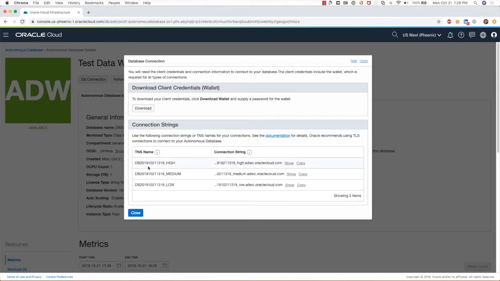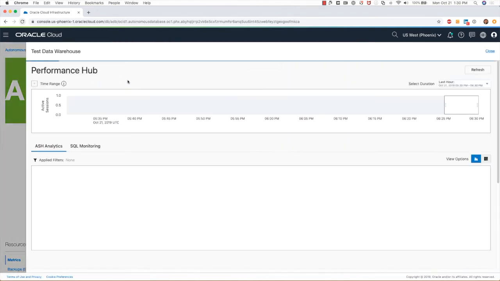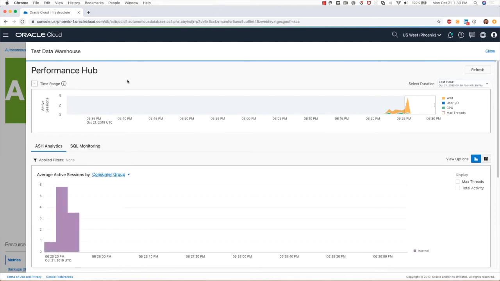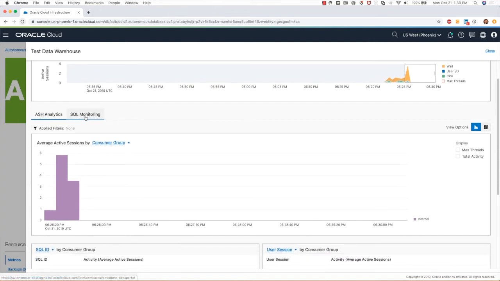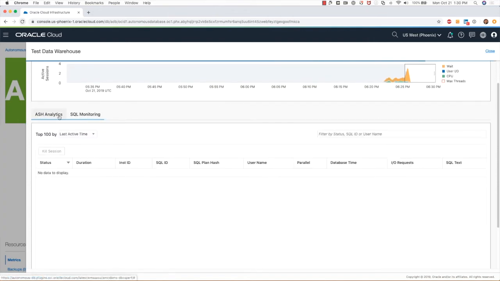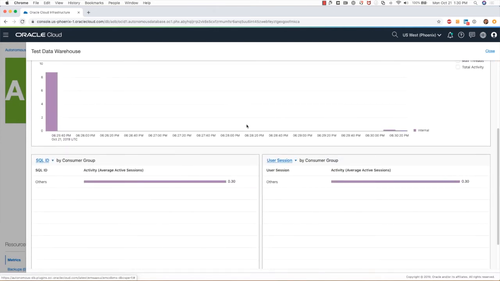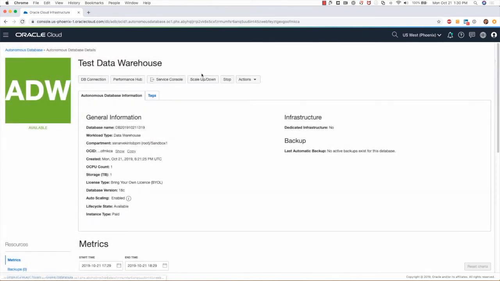And here are the TNS names that you can use for the connections. You can go with high, medium or low. Click on close, and clicking on Performance Hub gets you to this page here, which shows you the activities that are currently happening. You can look at ASH Analytics as well as SQL monitoring. Currently there's not a lot going on in this database because I've just provisioned it, but this is where you can look at some of this information. I'll close,